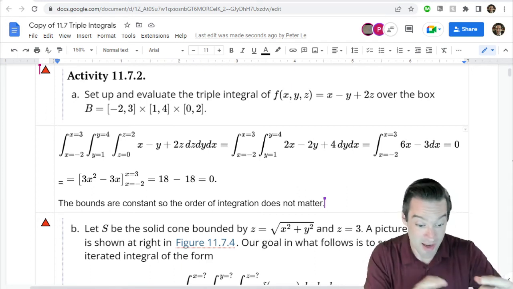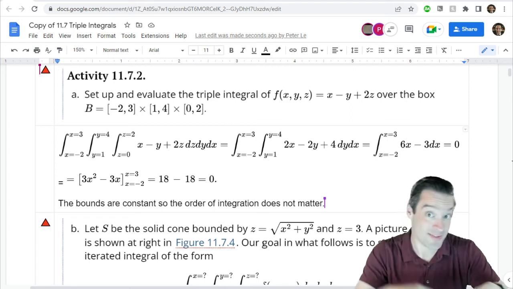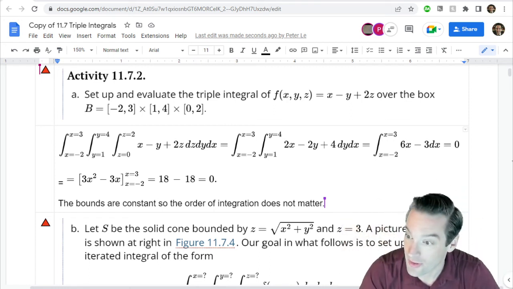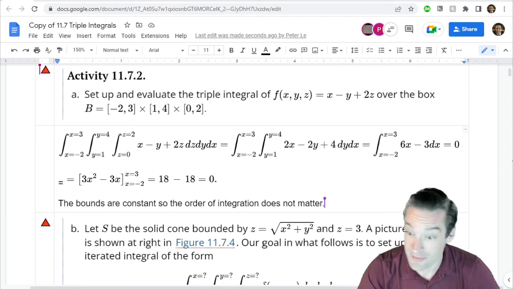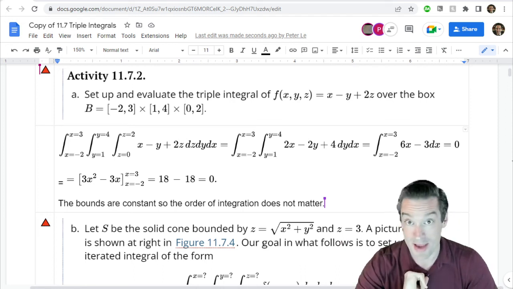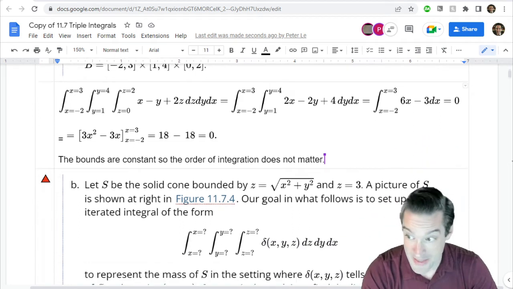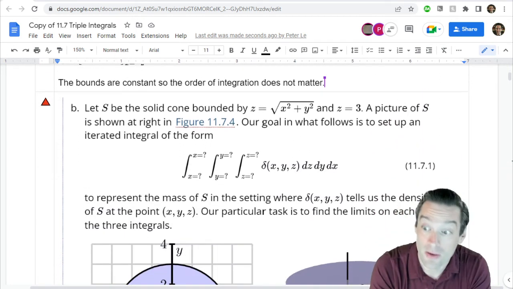It spends as much time and energy being negative inside of that box as it spends being positive. And so when we integrate it over the box, everything cancels out to 0. Right, so the bounds are constant, order of integration doesn't matter. So to trouble that concept, we'll go forward to part B, where instead of a box, we want a region